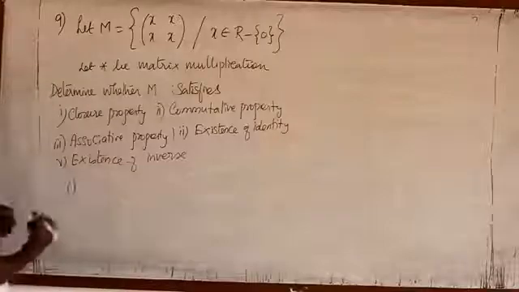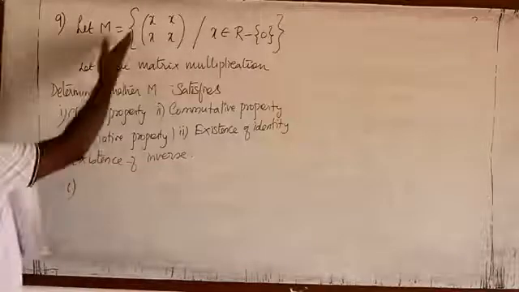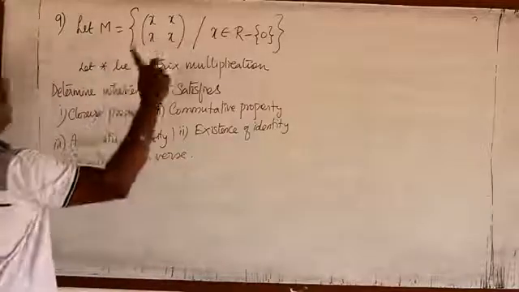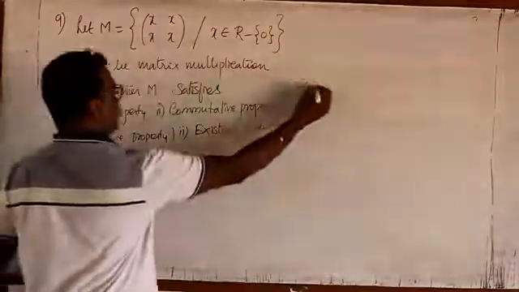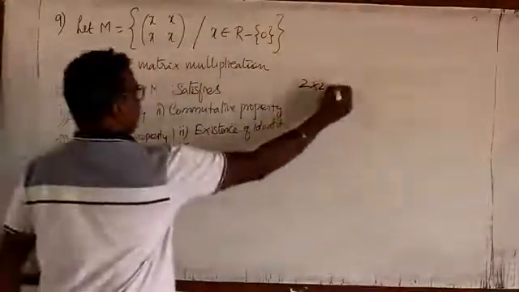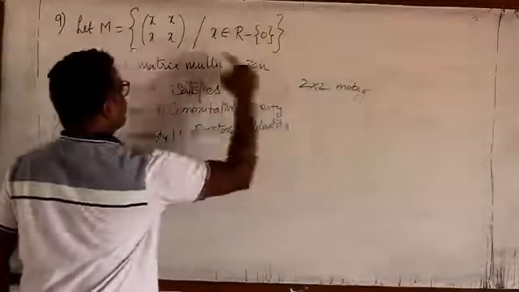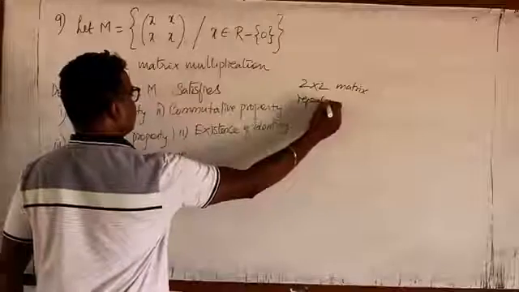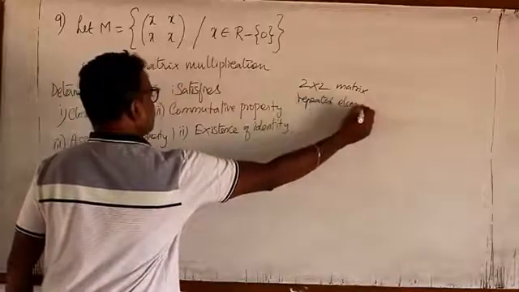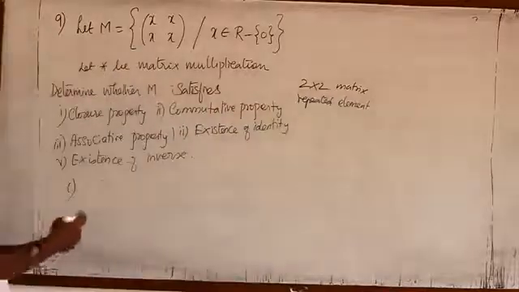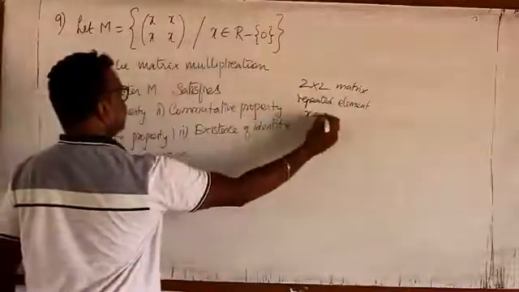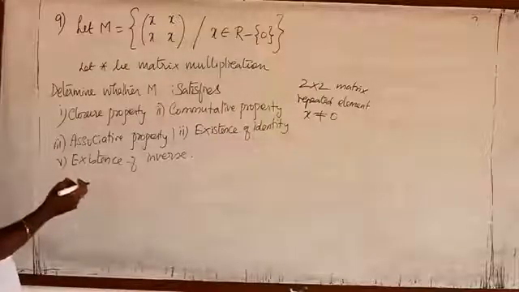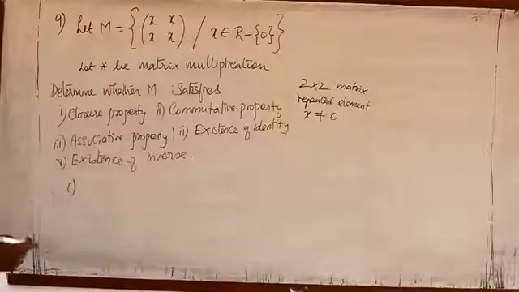Now, before going to this closure law, try to understand what sort of set is given. First observation, they gave a 2 by 2 matrix. Then, in that matrix, all the numbers are the same, that means the same number is repeated. Then third observation, X is not equal to 0. So they are connecting the elements of this form: a 2 by 2 matrix, repeating element and also non-zero element.